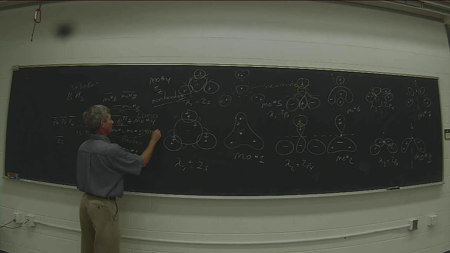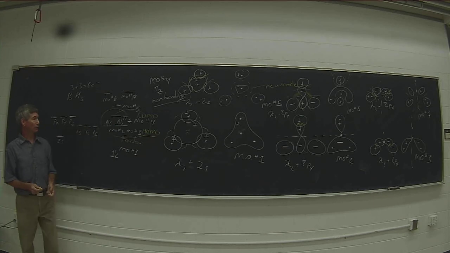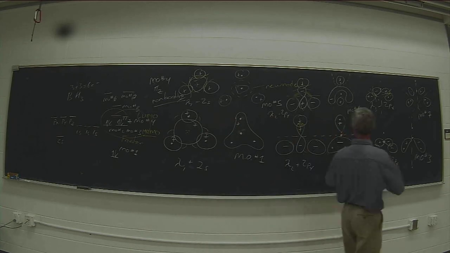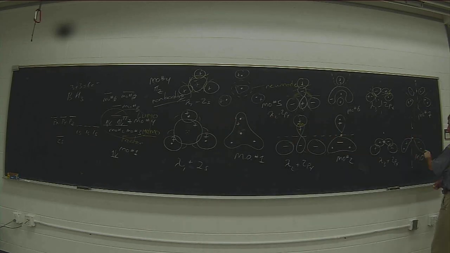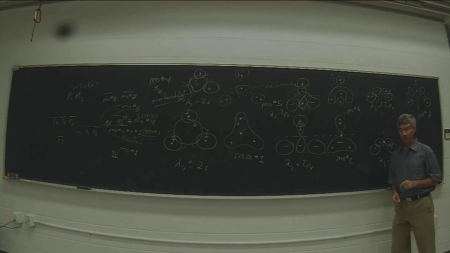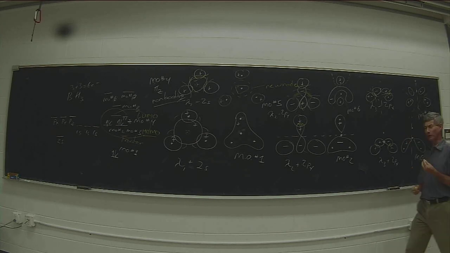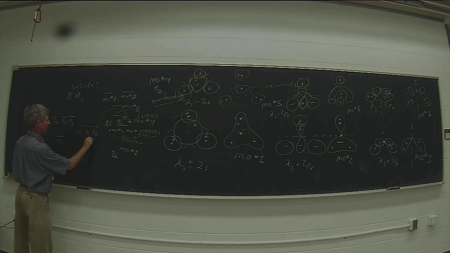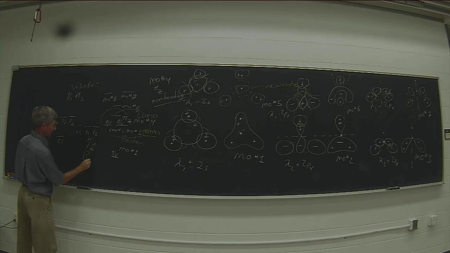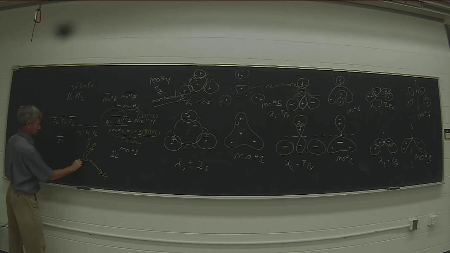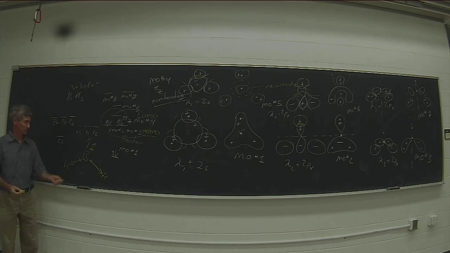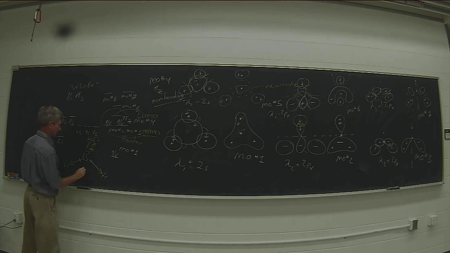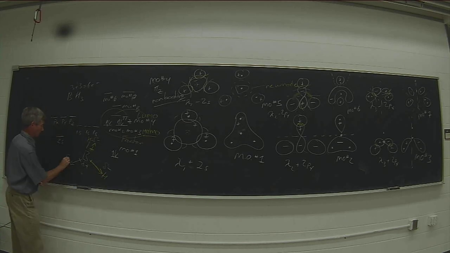And our HOMO is the degenerate pair of MO2 and MO3, which has most of its electron density on the hydrogens and not on boron, which makes sense because hydrogen is a little bit more electronegative than boron, so the hydrogens will have a partial negative charge on them. The dipoles will all lie like this. There's not much electronegativity difference. Hydrogen 2.1 to 2.2, boron's 2. But there is a little bit of a delta minus on hydrogen, a little bit of a delta plus on